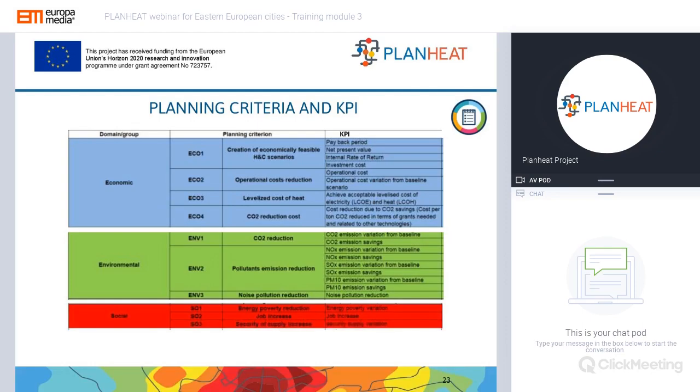So going on with the planning criteria and key performance indicators, the third step is the calculation, where an hourly simulation and operational cost optimization can be performed in the simulation module. This theoretical or technical supply potential will be an input for the planning module, serving as a constraint in the scenario development.